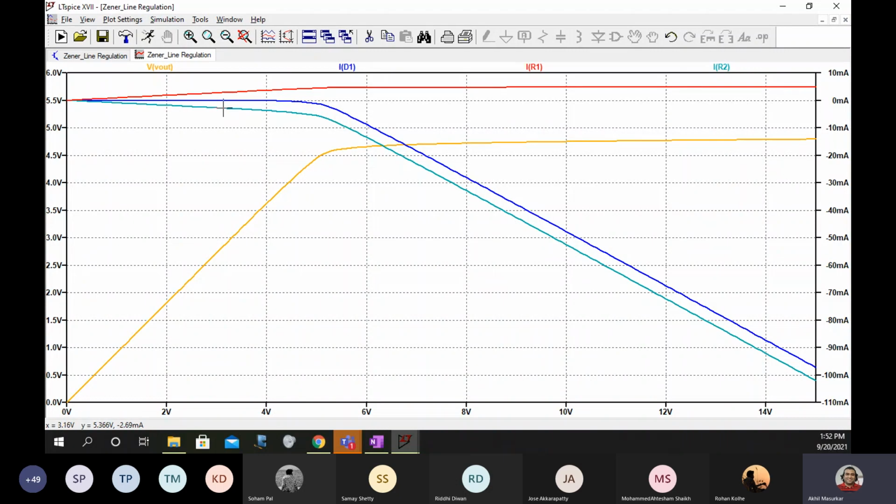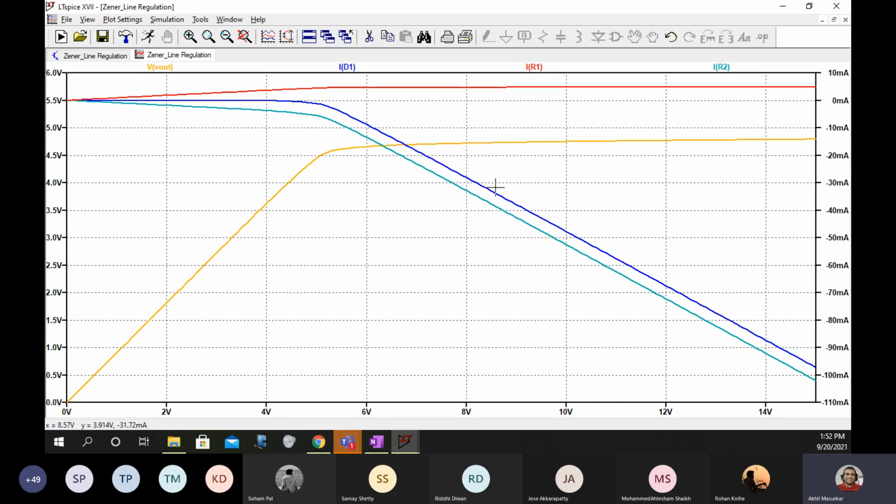Now you should see here that the load current is always constant, but if the input current IR2 tries to fall, then to keep the load current constant, IZ also falls.